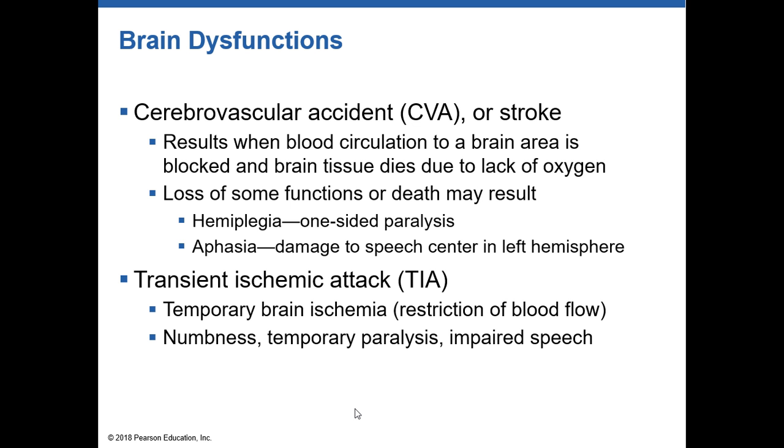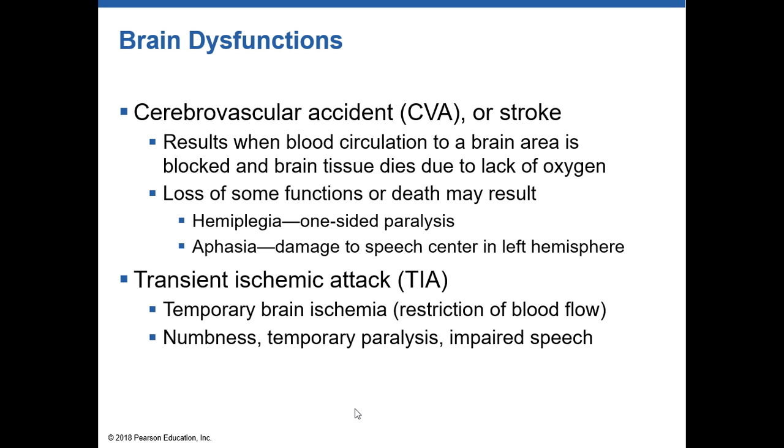Other things that can happen in our brain is when we don't get enough blood flow. Oftentimes you hear people talk about a stroke. That is the common name for something known as a cerebral vascular accident, or CVA. This just results when there is not enough blood circulation because it is blocked, and because of this, our brain's not getting enough blood, which carries oxygen. If we're not getting oxygen, our cells start to die,